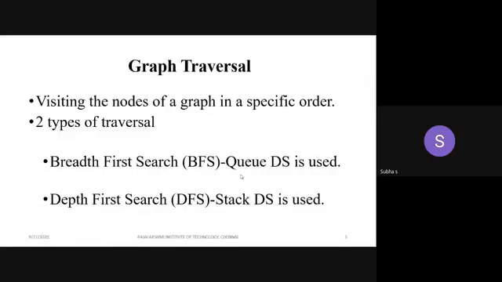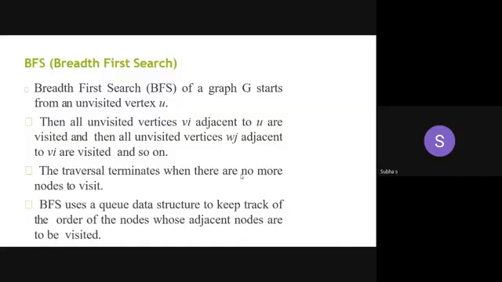Searching means what? I'm going to search a particular node. Visiting. So we can mention it as breadth first traversal itself. Traversing means I have to visit the nodes in the breadth-wise manner. Breadth-wise means horizontal way. If I'm going to search in the vertical order, then that is called depth first search. Yes. So let's see it one by one with an example.